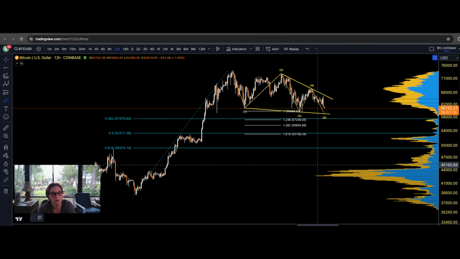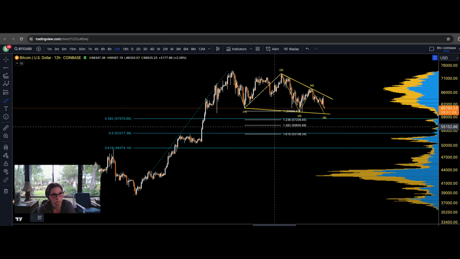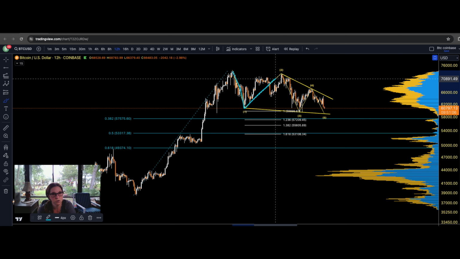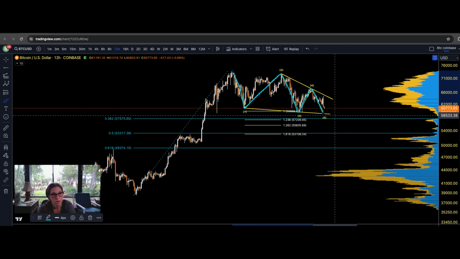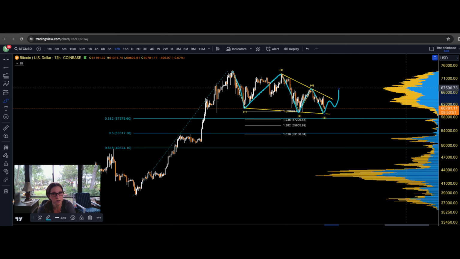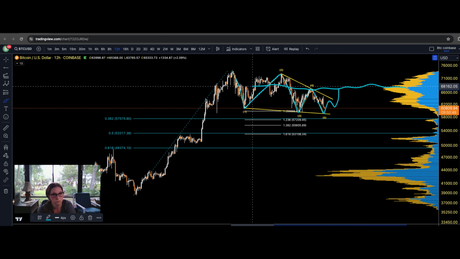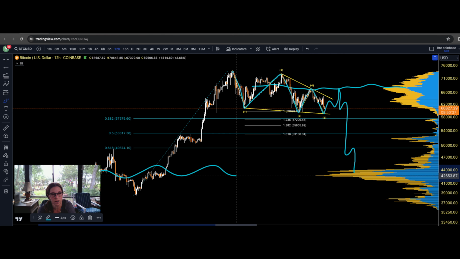Right, so let's take a look at this correction and talk about the options that are on the table. The first option is that it's a leading diagonal. That would be that this is a wave 1, 2, 3, 4, 5. If this is going to happen, it must hold this trend line. And then we would see a pop to the upside, a retracement that would get stuck approximately in the golden zone. This would lead to a C wave to the downside. It would be scary. It would most likely come down into this lower correction.